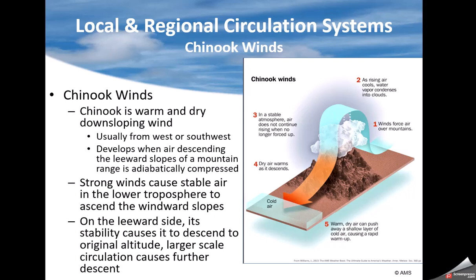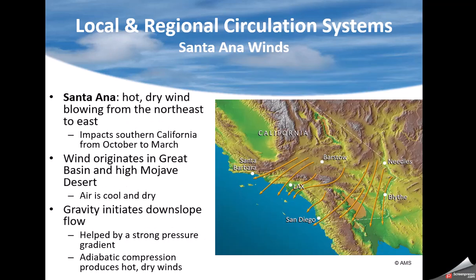Chinooks are sinking air that comes down typically on the east side of big mountain ranges. Some Chinooks in the United States occur in Colorado or Wyoming, even Idaho. And when they occur, sometimes they can be called snow eaters because the temperature will warm 50, 70 degrees sometimes and just eat up the snow as that air is sinking down over the mountains.